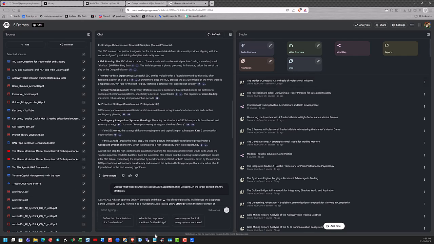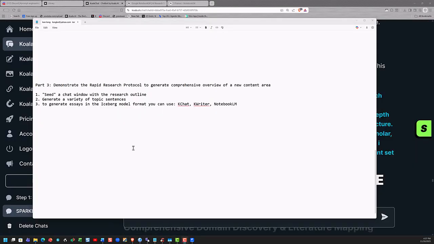All right, now for the third and the final section, what I want to do is show you how you can go from no knowledge in an area to create a rapid research protocol that lets you generate a comprehensive overview of a new content area. What I showed you in the last section under part 2 was how can I use my area